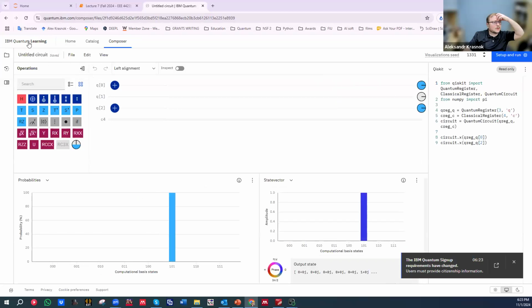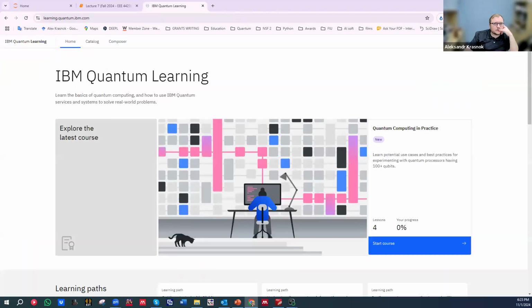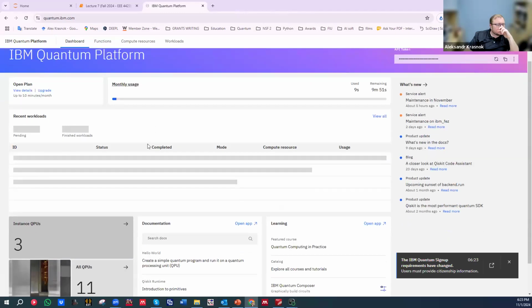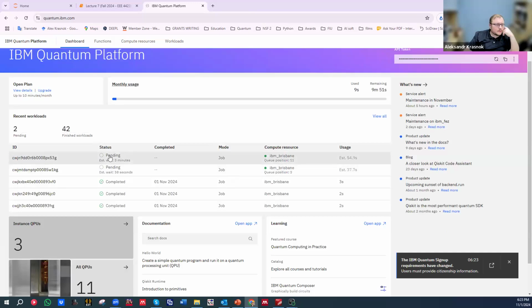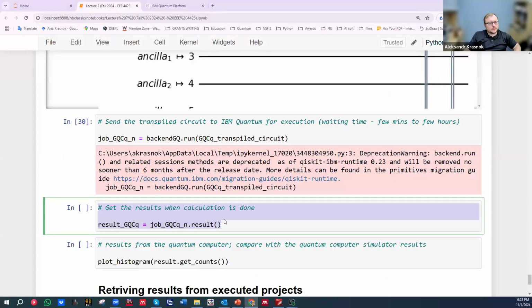Okay. So let us see that I have that project on my project list. Okay, yeah. So this project appeared on my project list, and here it will be executed in a while,